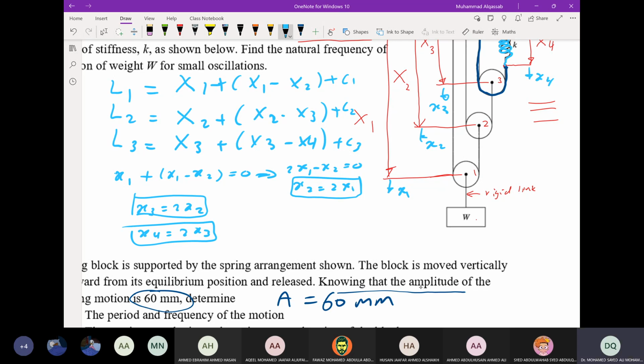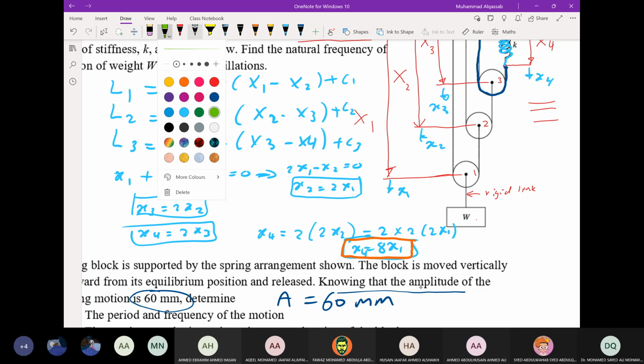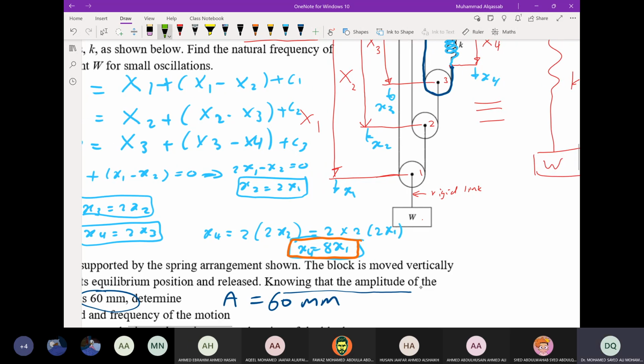Furthermore, we need to make a back substitution. So x4 equals 2x3, x3 is 2x2, and x2 is 2x1. So this is 8x1. And the next thing, this is the important relationship. I'll just change the box color. x4 equals 8x1. The other thing you need to do is the free body diagram for the rigid link